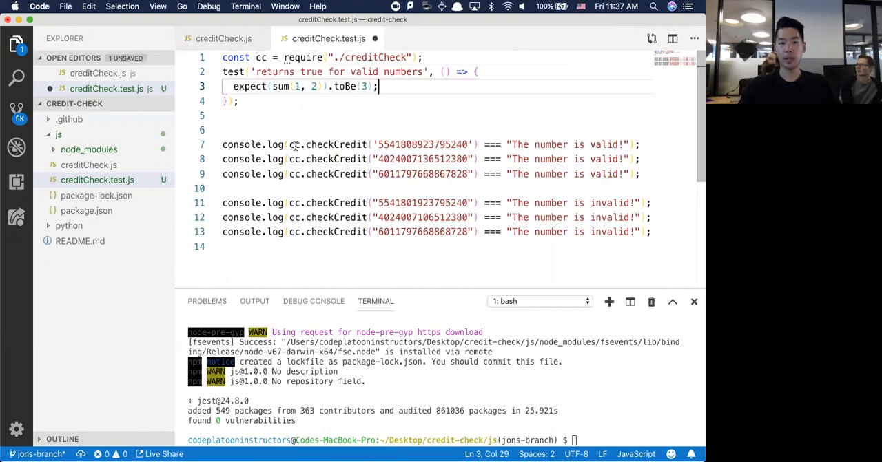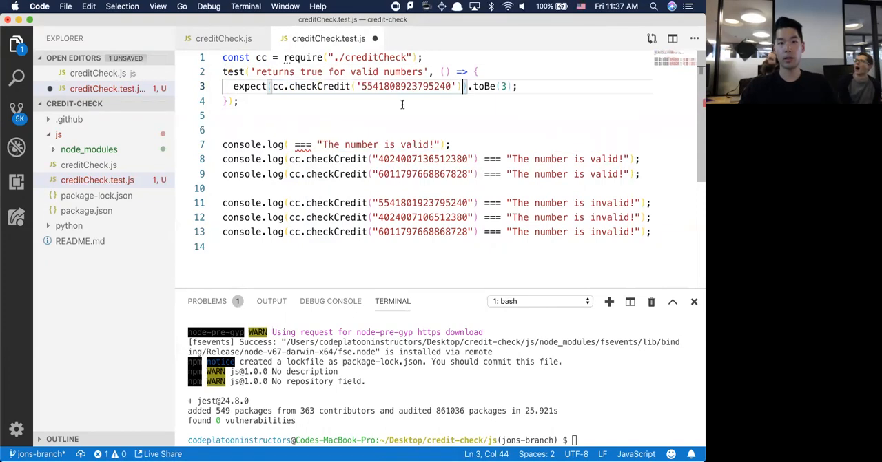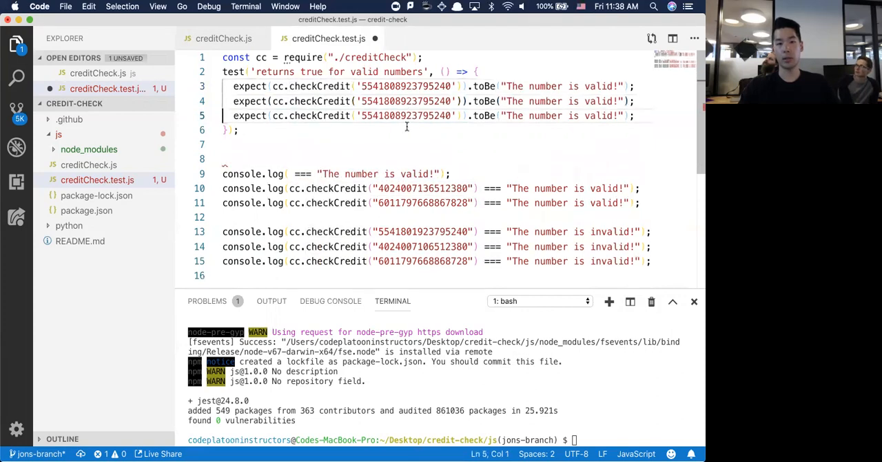And expect cc.credit. Let's just put this in there for now. Expect cc.this to be the number is valid. And I think I can do that multiple times in one test. So I'm just going to copy the line by putting it anywhere on the screen, Command-C, and press Command-V to